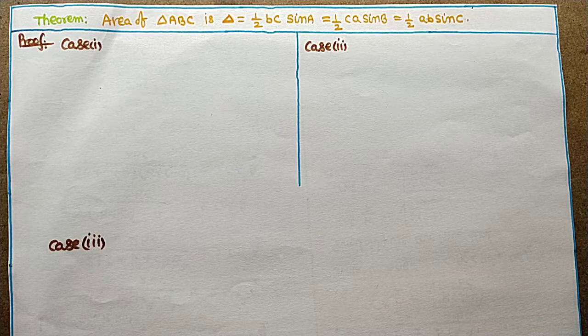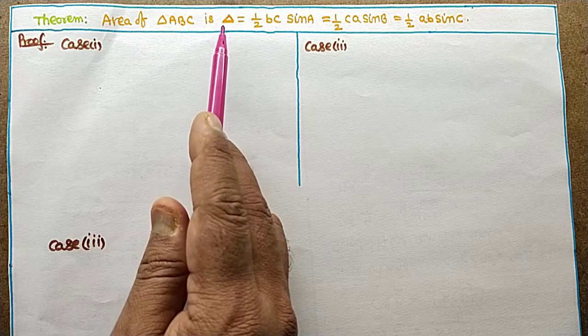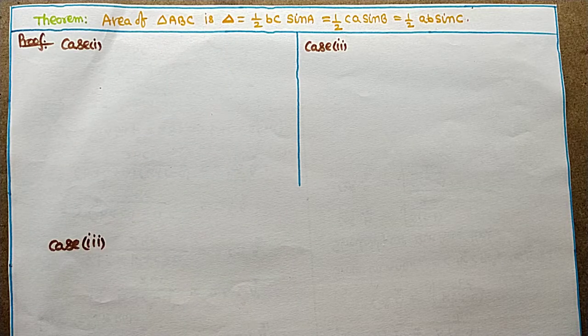In this episode, we are going to discuss the area of triangle ABC. In three cases, we are going to discuss the area of a triangle in different forms, different formulas. So, area of triangle ABC is denoted by delta and delta equal to half BC sin A,